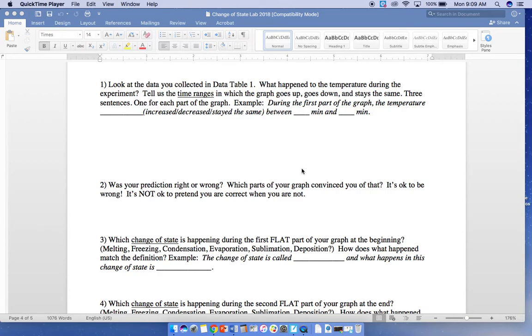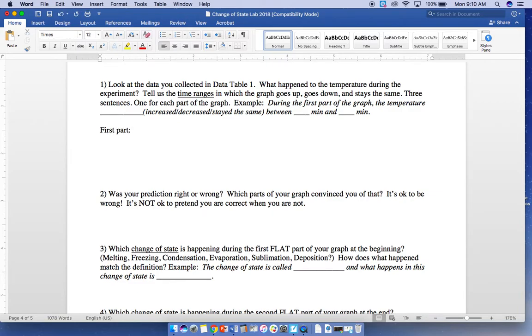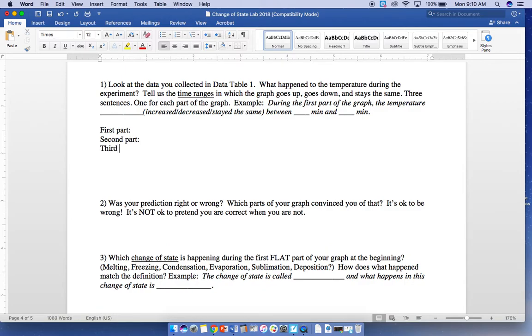And so here's an example of a sentence that you might type, and I'm going to go ahead and type one out here so that you can see what you would be expected to do. And so you would want to have a sentence for the first part of the graph, you'd want to have a sentence for the second part of the graph, and you would want to have a sentence for the third part of the graph. And so let's just check out the first one. So during the beginning of the experiment,